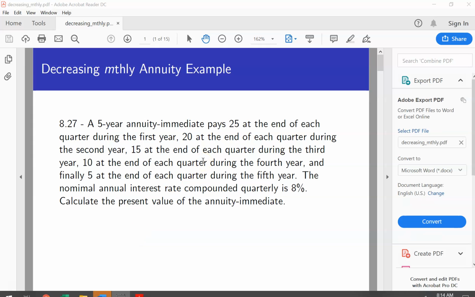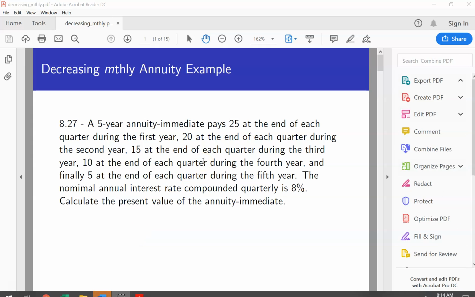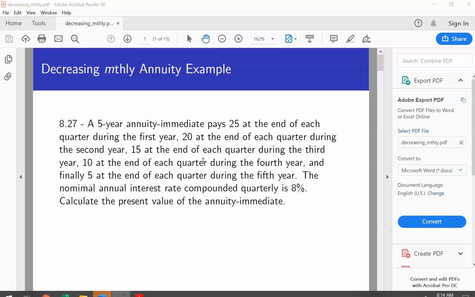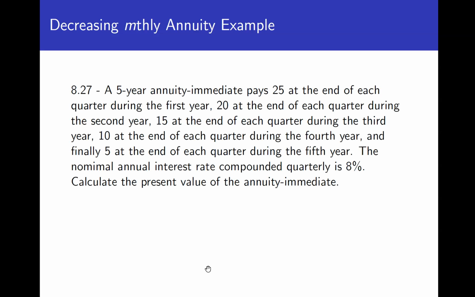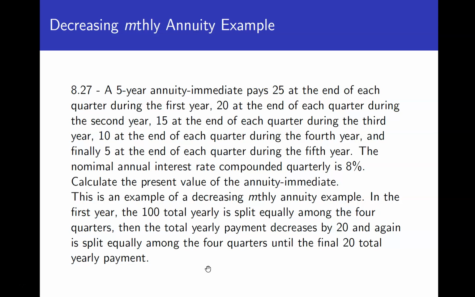Wanted to go through another example with the decreasing mthly annuity. So let's look at this particular problem. We've got a 5-year annuity immediate that pays 25 at the end of each quarter during the first year, 20 at the end of each quarter during the second year, and so on down through the 5th year. The nominal interest rate is 8% compounded quarterly, and let's see if we can find the present value of this annuity. So we notice that this is a decreasing mthly annuity, so kind of the reverse of what we did